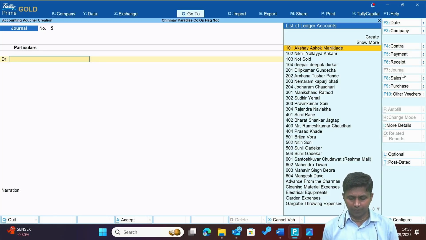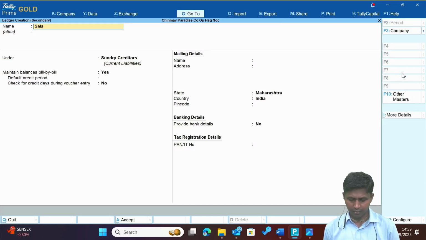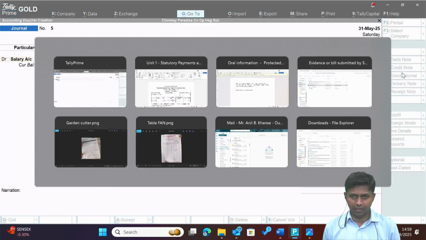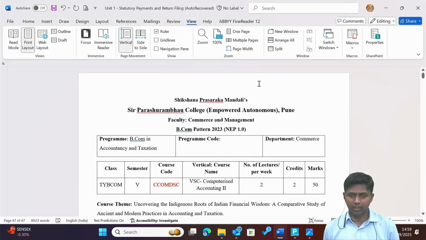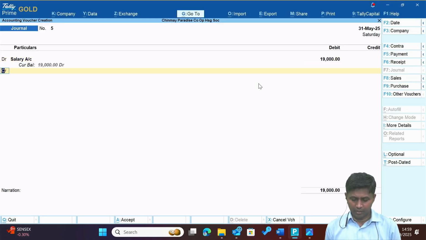This is booking of salary. Salary account debit, F7 in journal only. We'll say salary, but we don't have that salary account, therefore create a salary account under indirect expenses. After creating the salary account, now check the amount of total salary. I think so, 19,000 rupees. For the month of May, salary will be 19,000. And then out of this,